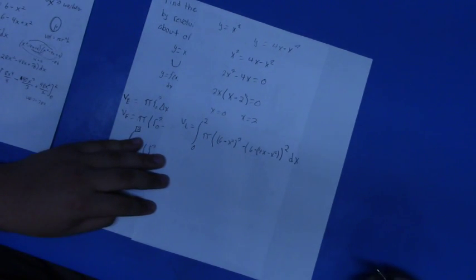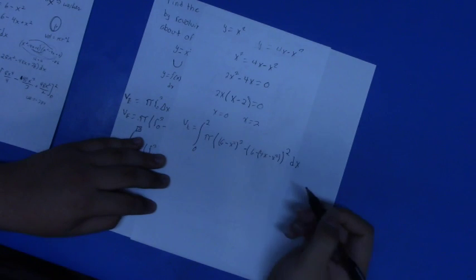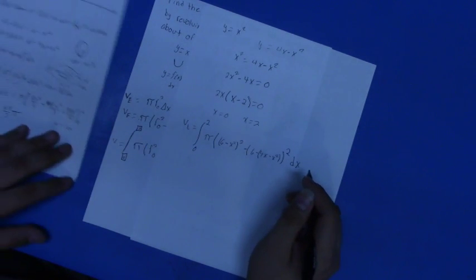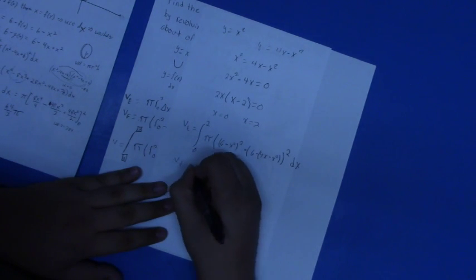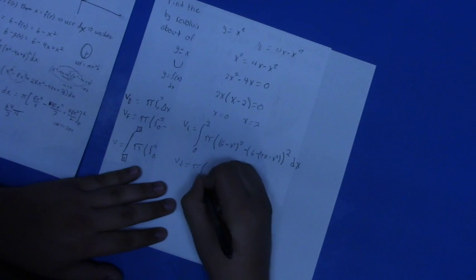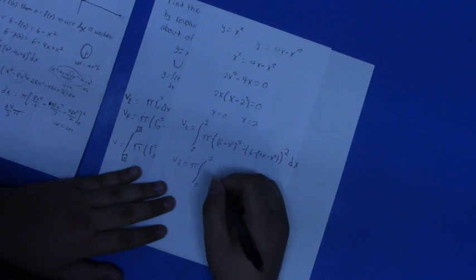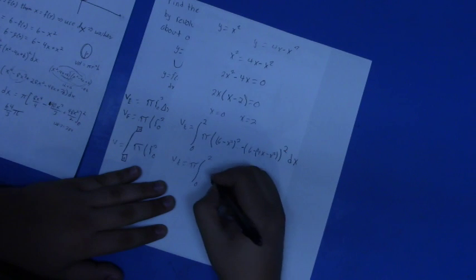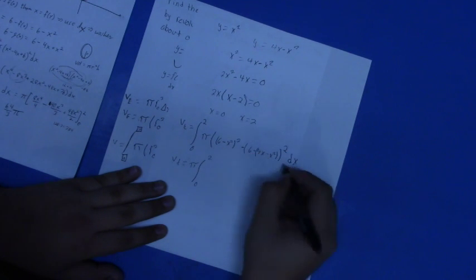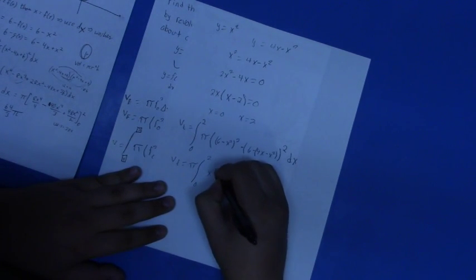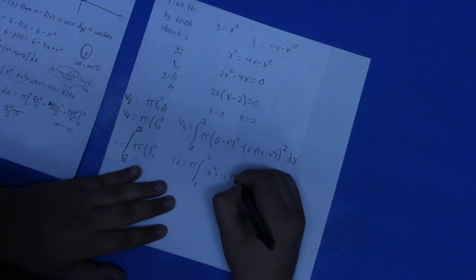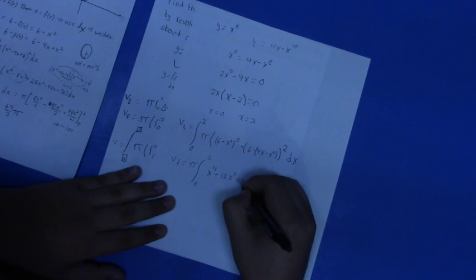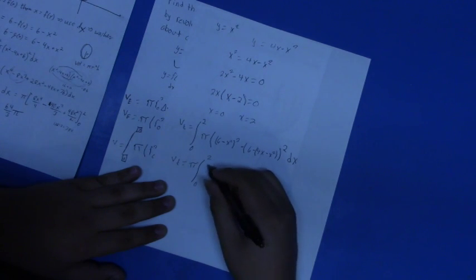And now it's just solving an integration. We have our integrand set up for the problem. Now it's just a series of algebraic steps to solve this. We can start by taking out the pi. If you square this and simplify, it's going to leave you with x to the 4th minus 12x squared plus 36,